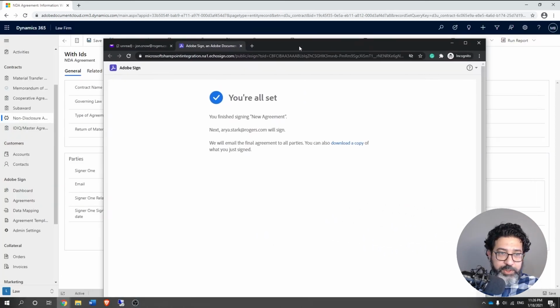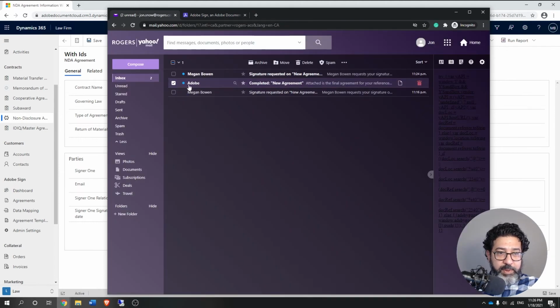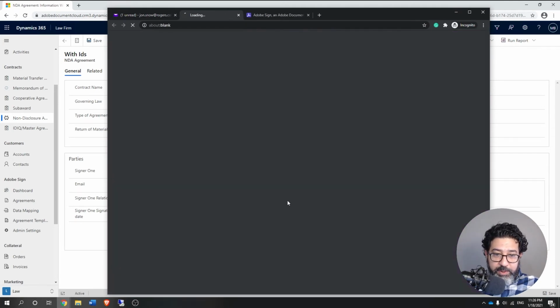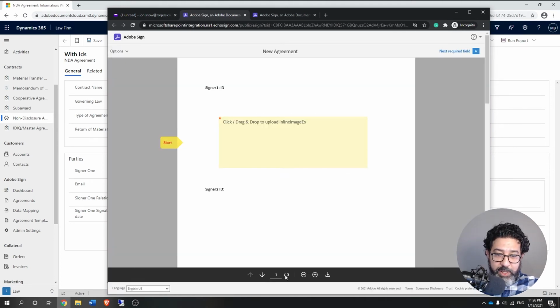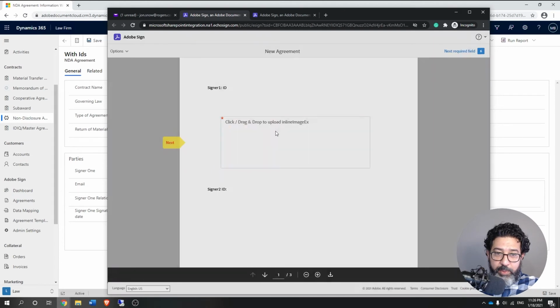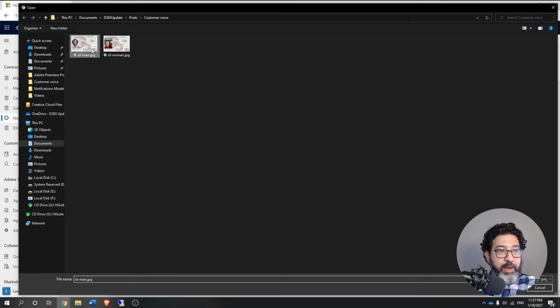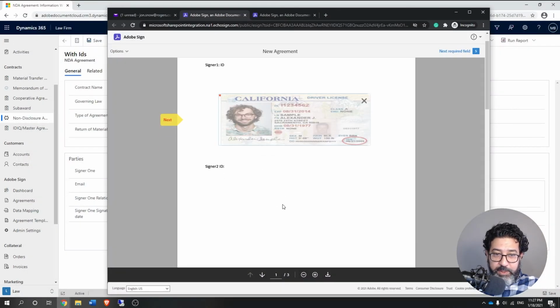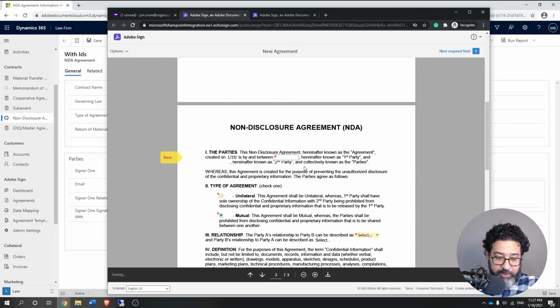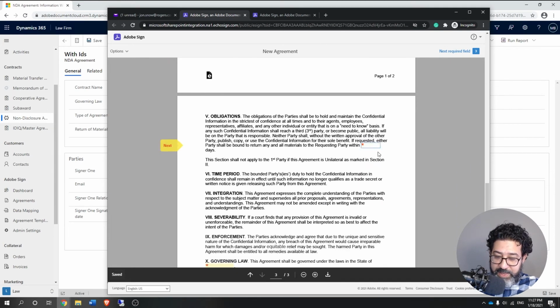And now Jon should receive a new document. Of course, he will receive a confirmation that he got the document signed, and he will receive the new agreement, which should consist of 3 pages, not only 2, where he can upload his ID, which will be placed within the document, and same thing, he will fill in his information, change the document type, change the relation, set the number of days.